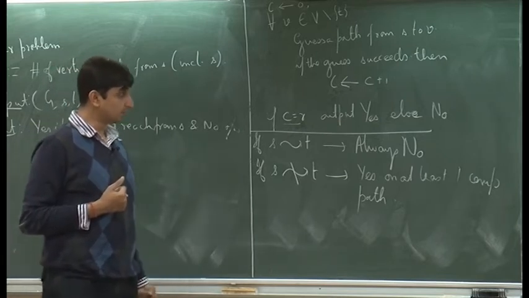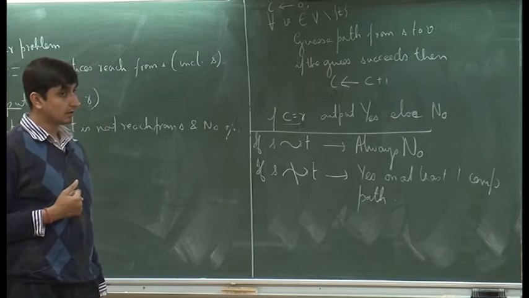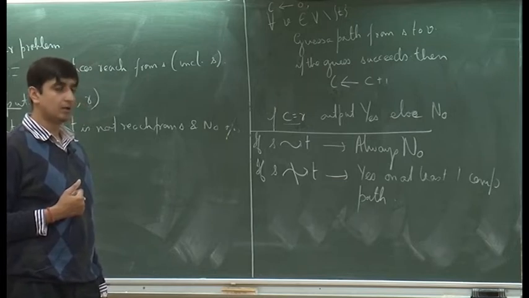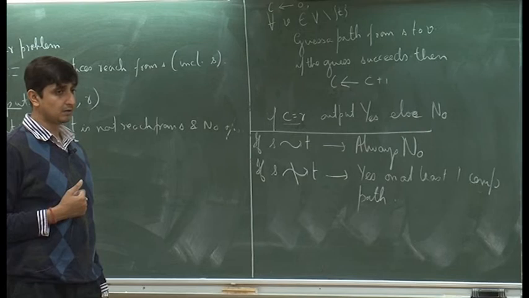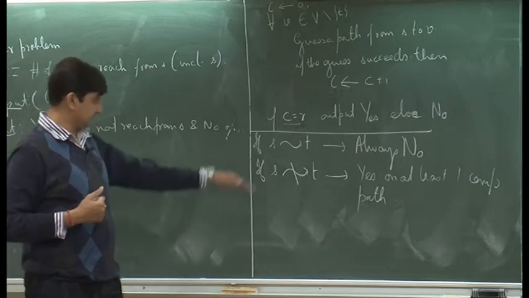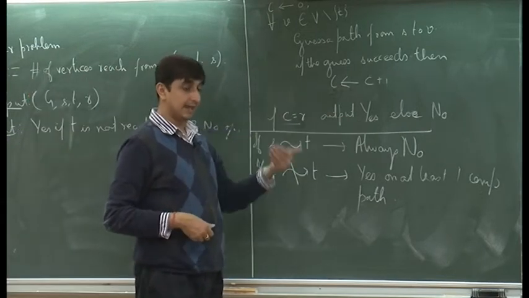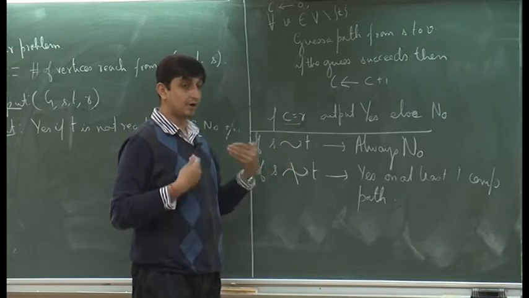What do you mean by always output yes? What do you mean by incorrectly guessing? If there is a path, at least one computation path will find it. Correct. And we are satisfied with it, right? We output yes. Yes, that is what I am saying, but it can be that there is a path, but I am not able to guess a path.